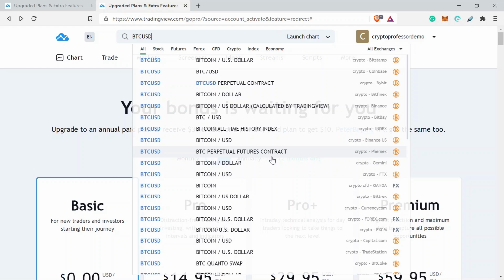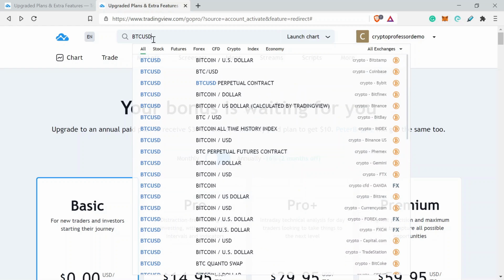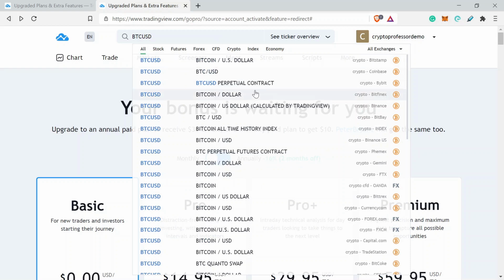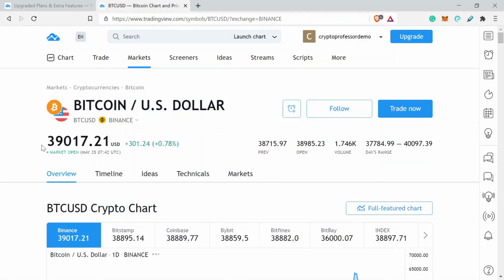Okay, now I actually made a mistake in the previous section where I typed in the slash. If you don't type in the slash, you actually get a lot more comparisons. It tends to focus on the USD value if you type the slash in. Okay, so I'm going to go to crypto, Binance, and Bitcoin US dollar. Now you can decide to either launch the chart immediately or you can go to the ticker overview. Generally it defaults to the ticker overview in my experience, so I'm going to go to that first and I'm going to select BTC USD Binance, and that will take me to this page where I get a general overview